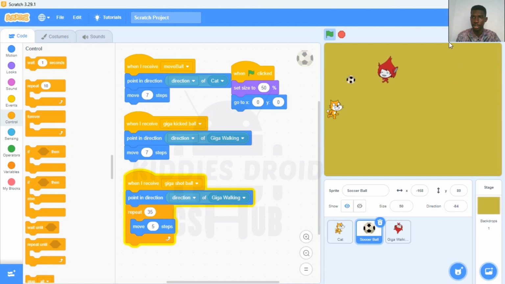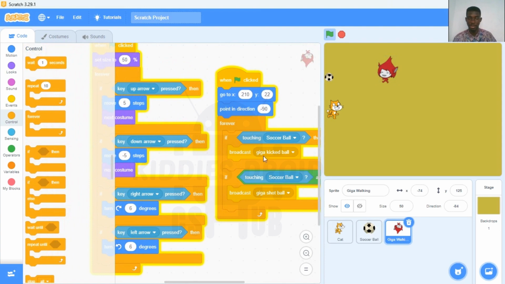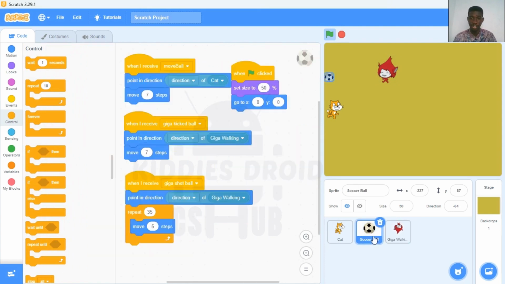Oh, space. Look at that. So the ball moves farther ahead than the speed of Giga itself. Now it seems that Giga was actually following the ball because Giga is moving. If you remember, Giga is also moving 5 steps. So if we want that to seem different, we just have to increase this one to the same number of steps as it was moving initially. So now,